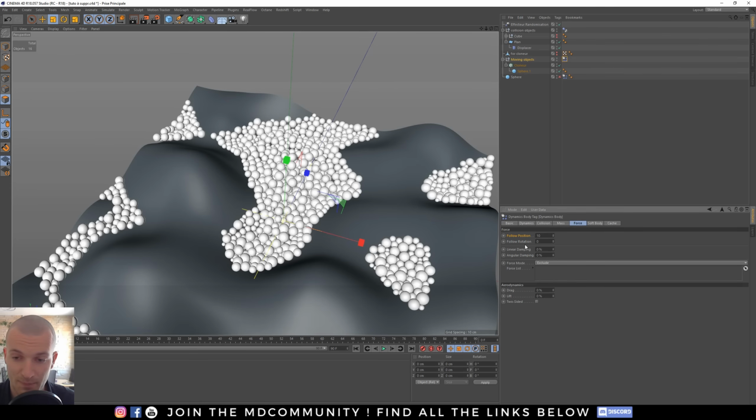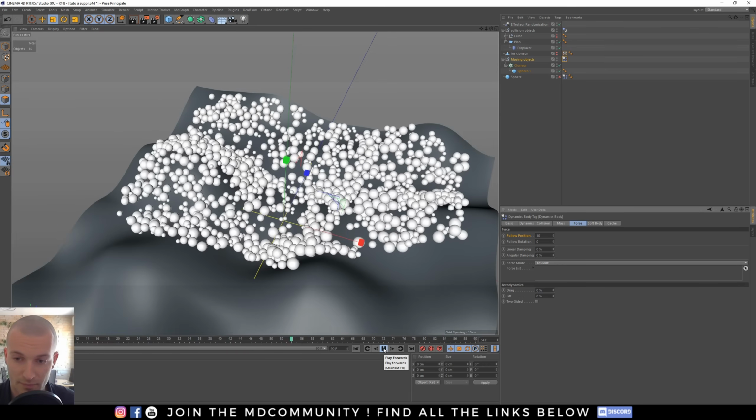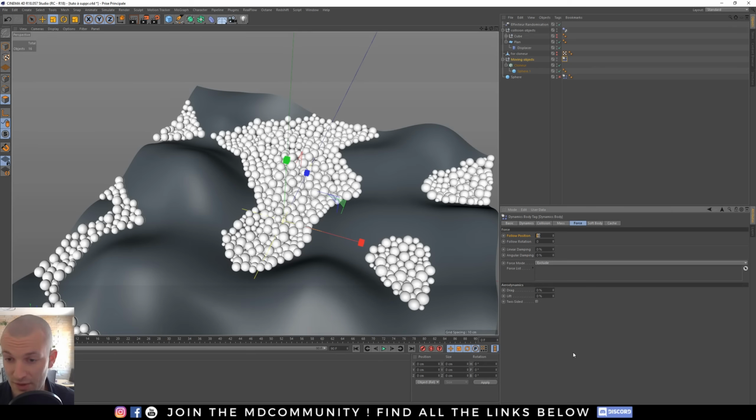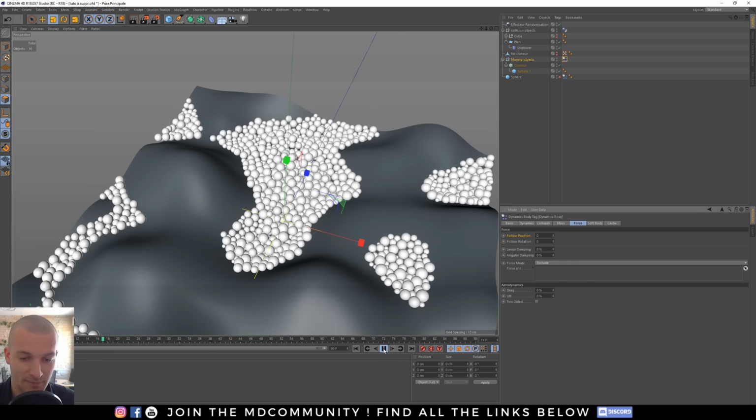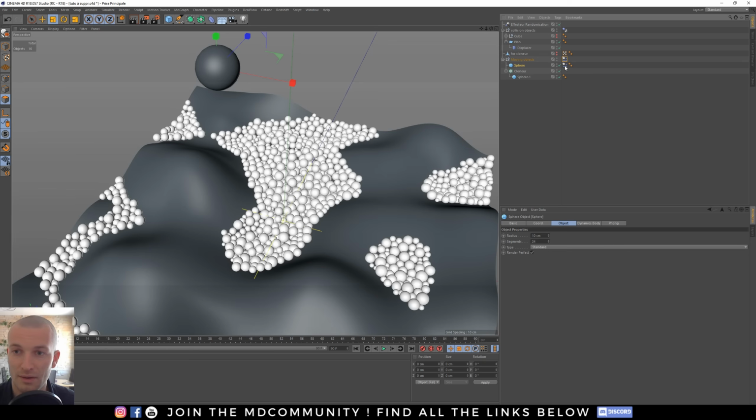It will delete every keyframe for these options. And now I have to put the value of 0, of course. Now it's perfect. I can activate my sphere and see what's happening.